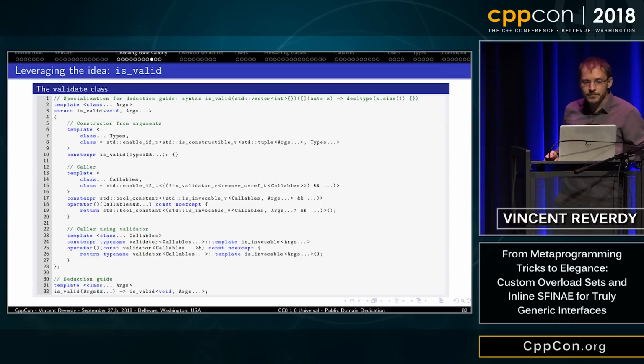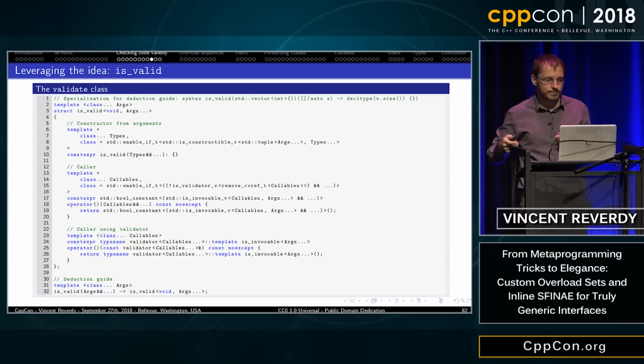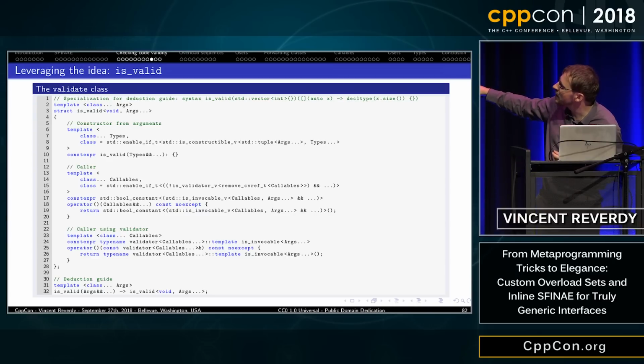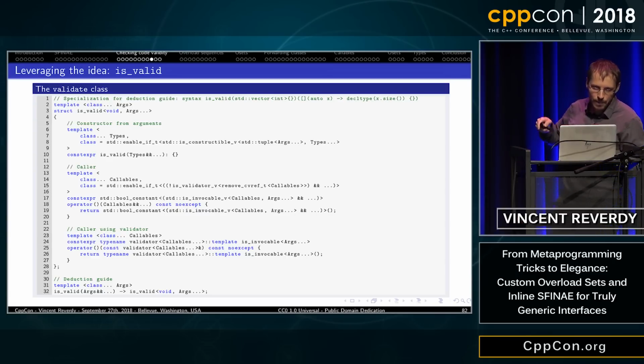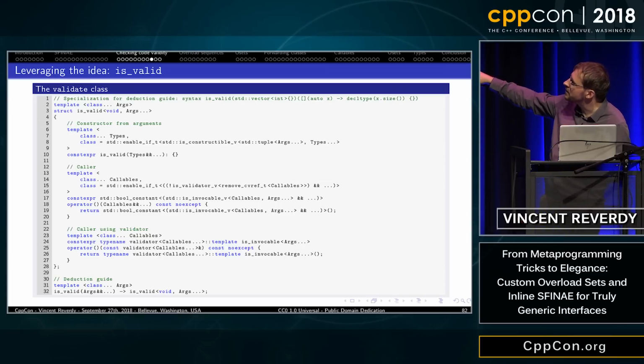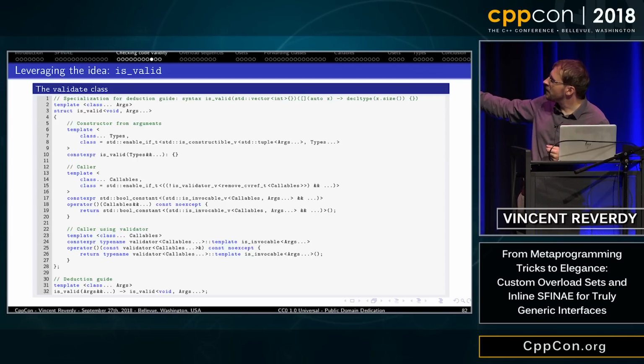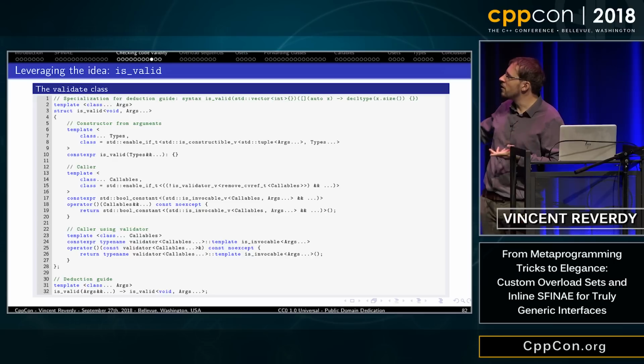Then I have another specialization of isValid, and this time isValid takes a list of arguments again, but this time isValid is built not from a list of functions, but from a list of arguments. And there is an operator parenthesis, where you give it a list of callables.